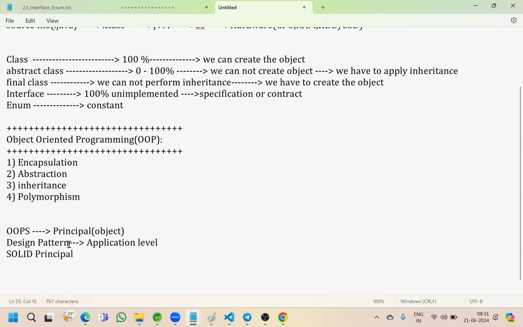Design patterns are not only for the Java programming language. For all programming languages, .NET, Python, anything, we have to follow design patterns. It is a common topic for all programming languages because it is at the application level. So when we create the application, we have to take care. Under the application level, there are design pattern categories: creational,